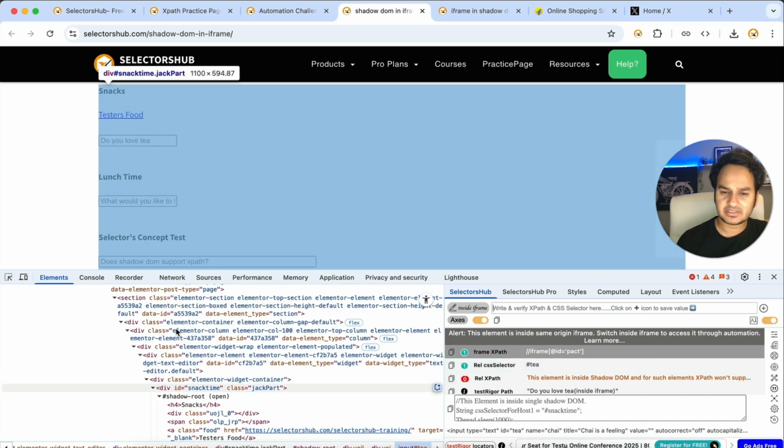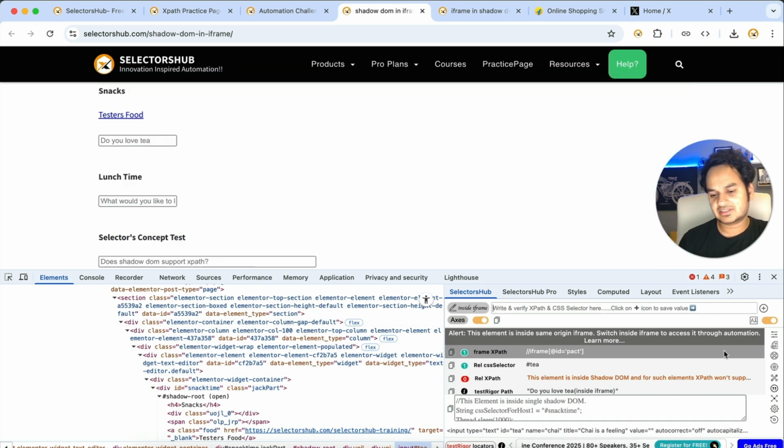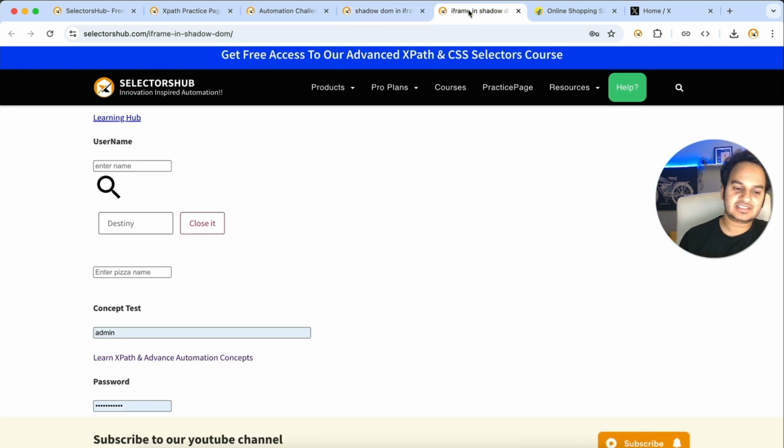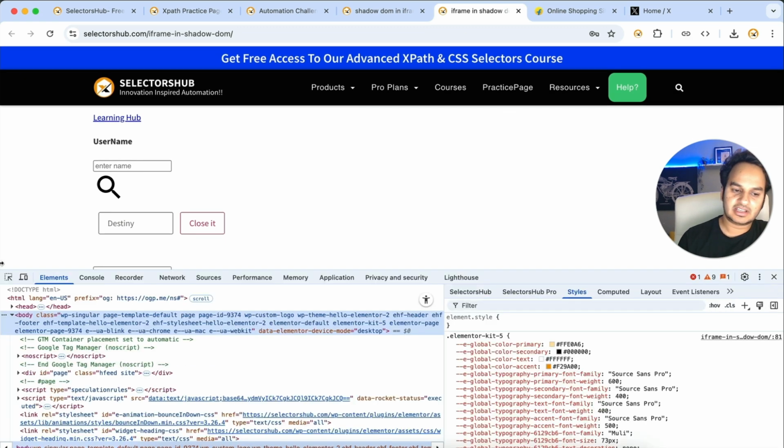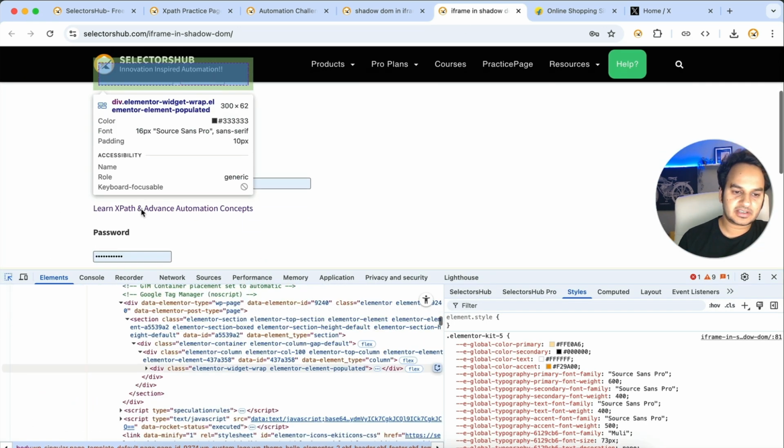So this will save a huge amount of time, so that you can see here how useful it can be for you. If any element is inside an iframe and that element is inside shadow DOM, that also it will help you like this. If you inspect any element